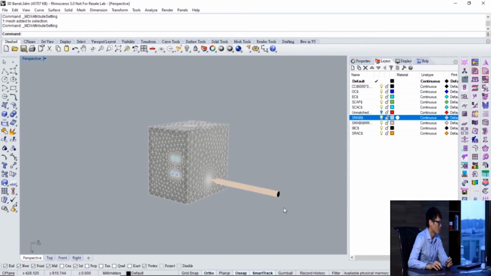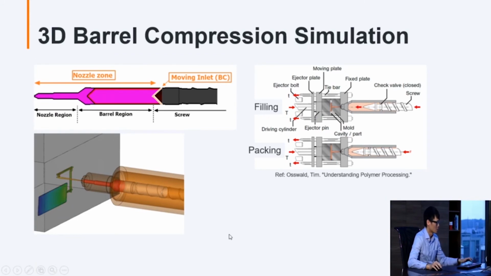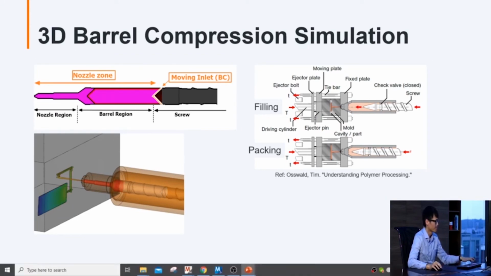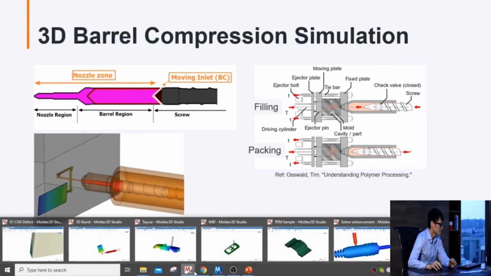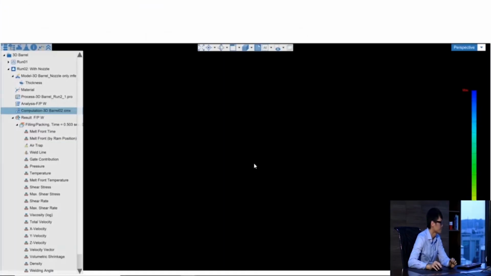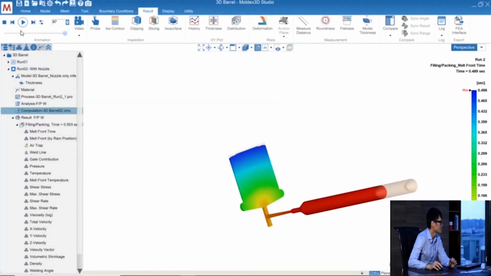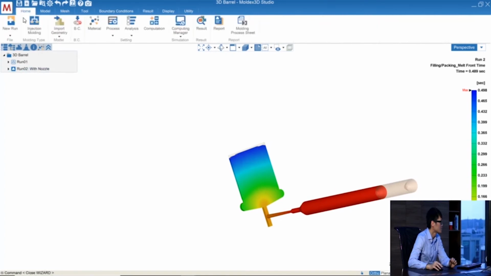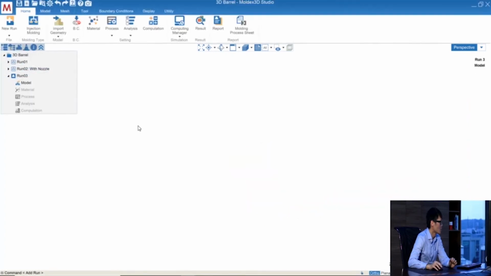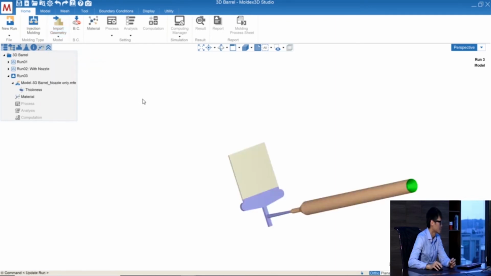After we create this model, use the same way to export the mesh, and then we can go to the Studio. Create a new run, and still select the molding type as injection molding, and then import the mesh file. And then give the material data,